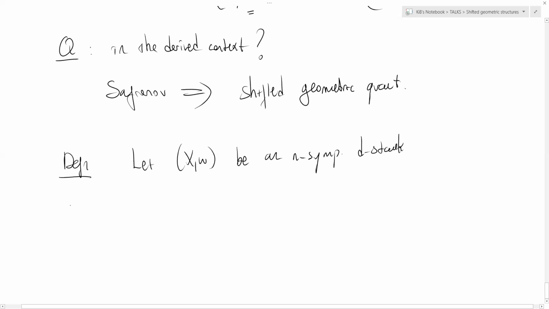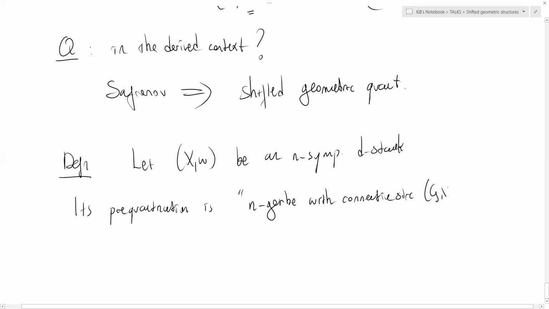Okay, so by pre-quantization, we mean, now it's the technical part, an n-gerbe with connective structure. So we generally use this notation, okay, and such that